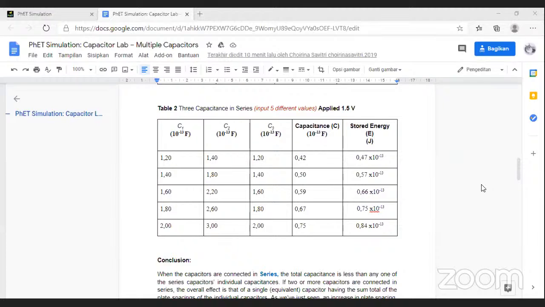Capacitance 1 is 1.40 times 10 to the power of minus 13. Capacitance 2 is 1.80 times 10 to the power of minus 13. Capacitance 3 is 1.40 times 10 to the power of minus 13. Capacitance...